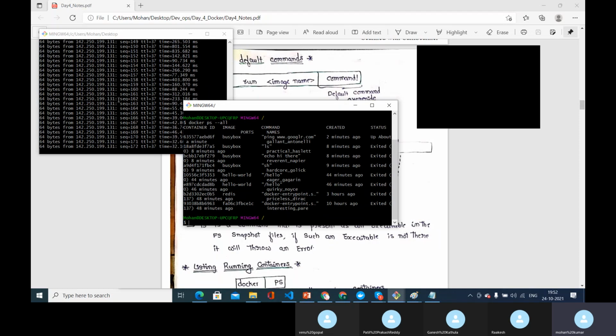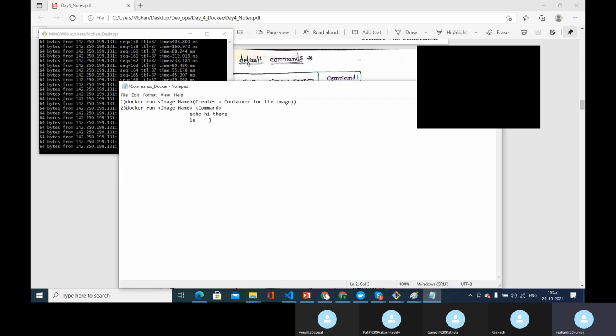The first way is to stop a container, and the other one is to kill a container. Let me write these two commands first, and then we will come over here. The next Docker command is docker ps, and the next is docker ps hyphen all.